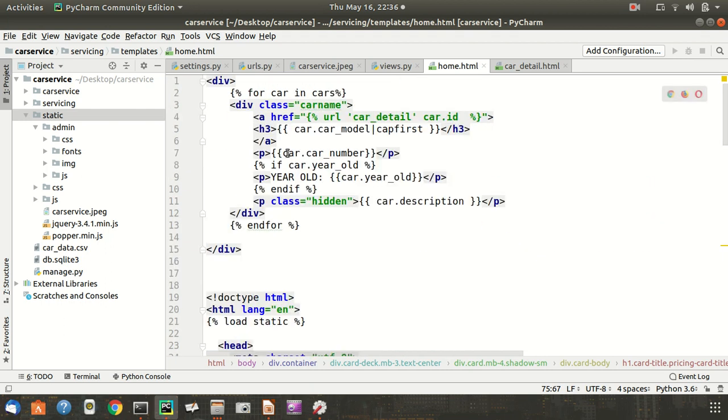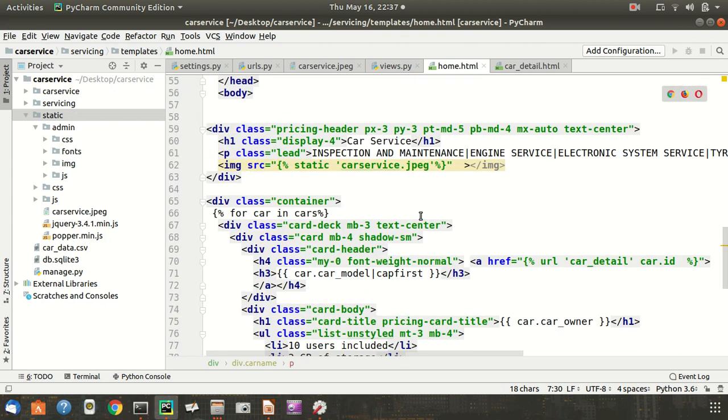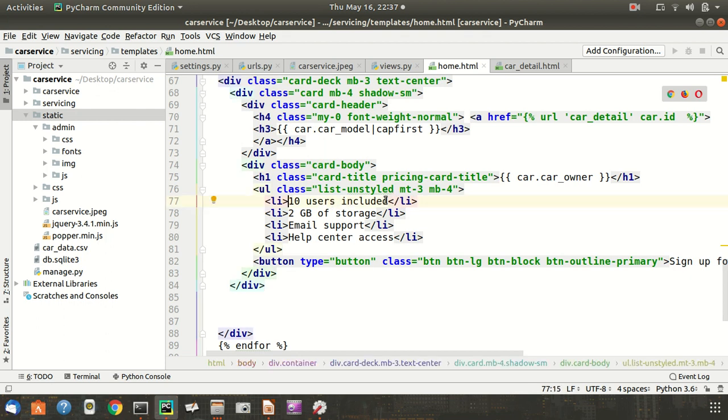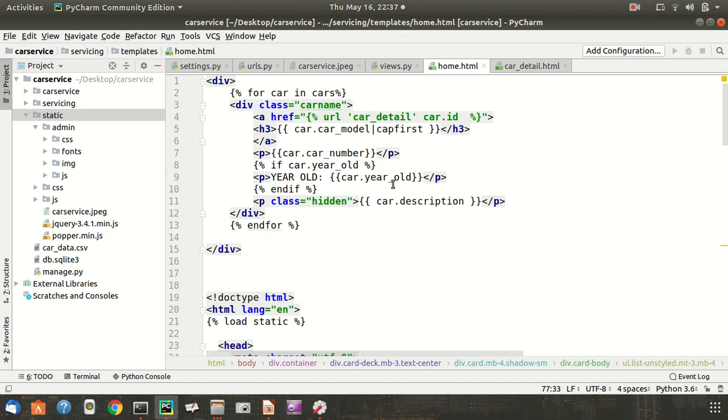Now here we will be taking car.number, because we will be giving each detail of our car. So let's paste it over inside li. Here this kind of information is not related, so we will be pasting over here. Now car.year-old,